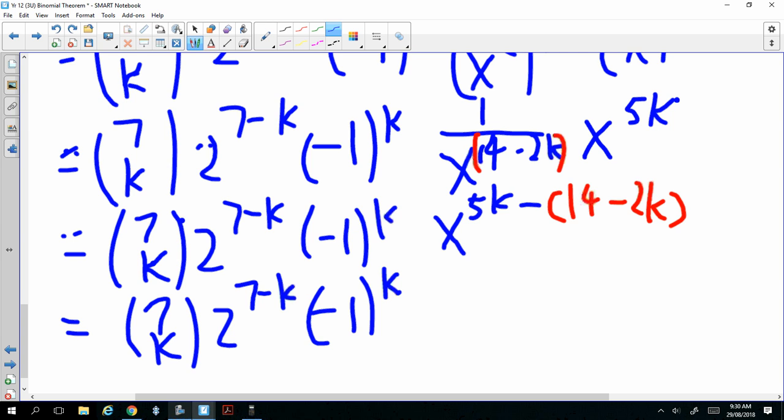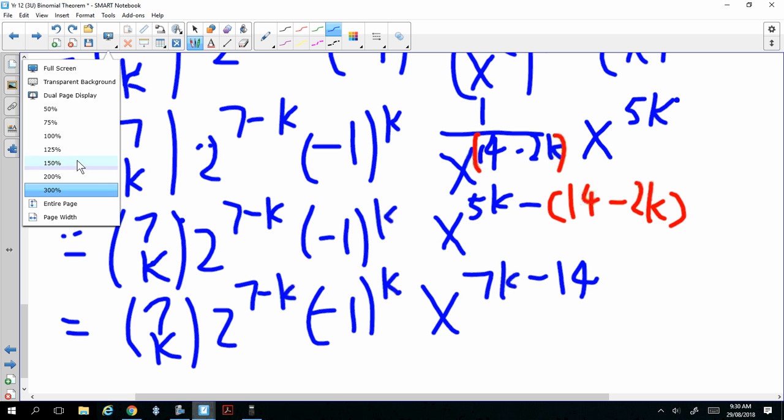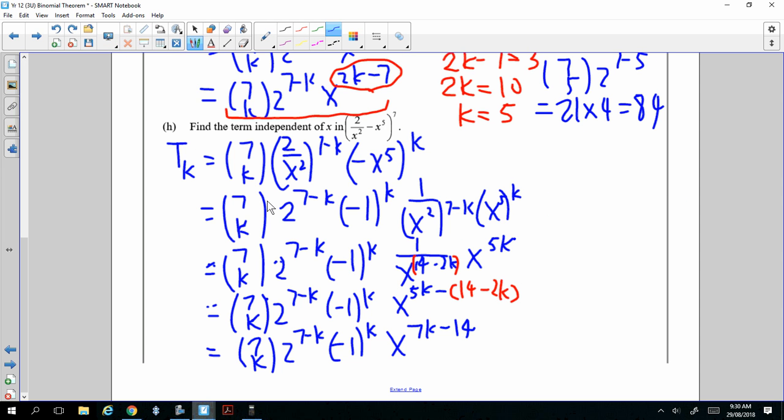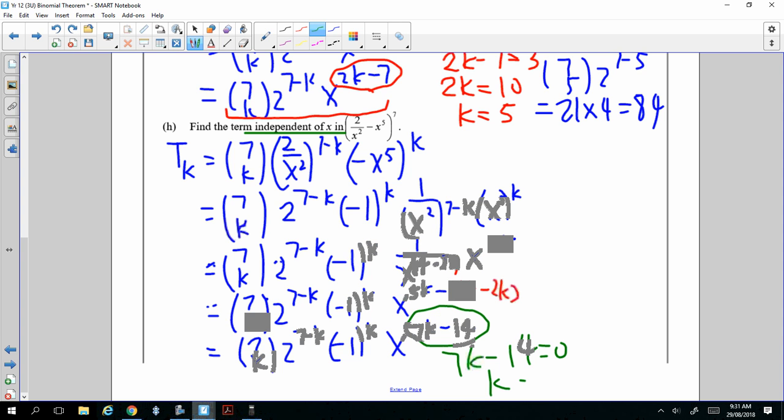So now what do we do? We need to find the term independent of x, which means the power of x must be 0. And that's easy to see, k must be 2. We found it, which is the constant term. So therefore, now we've got this bit. So we say the constant term, or the term independent of x, is